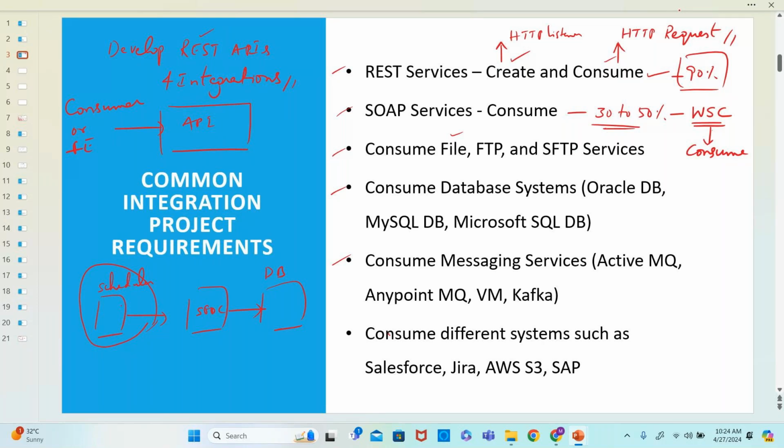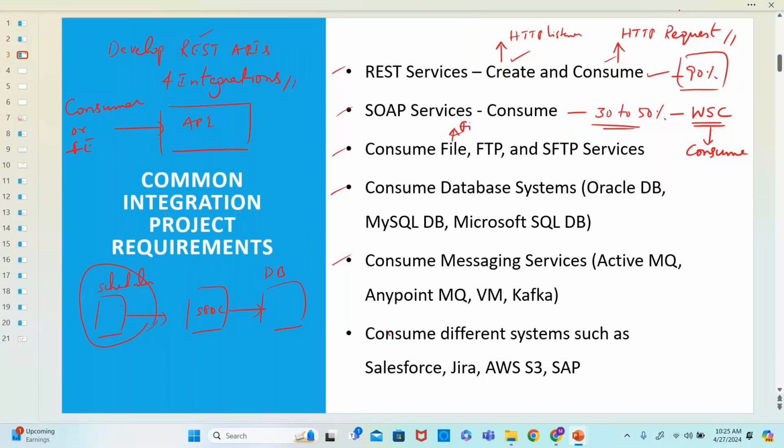Okay, consume the file from maybe the server where your application is deployed, or from an FTP server or from an SFTP server. Okay, this is another common requirement in integration projects. And then you do the process. Sometimes you need to create a file and then put a file in these servers also. Consume the file as well as create the file and put the file in the following locations, maybe file, FTP and SFTP. For these we have the file connector, actually,